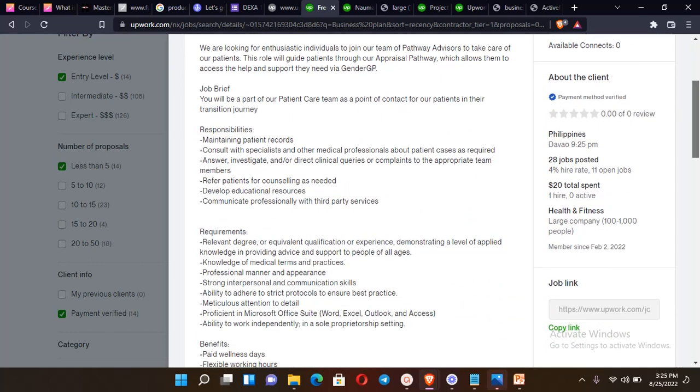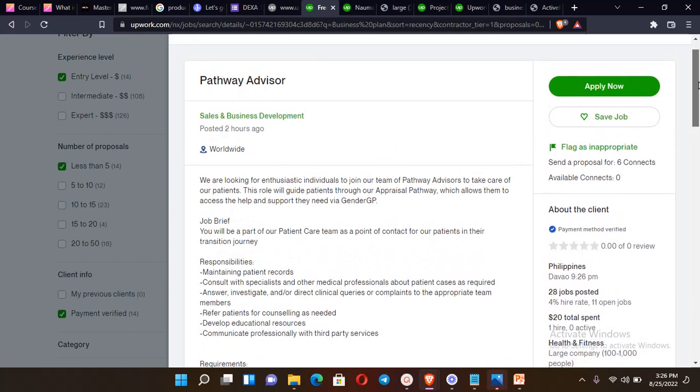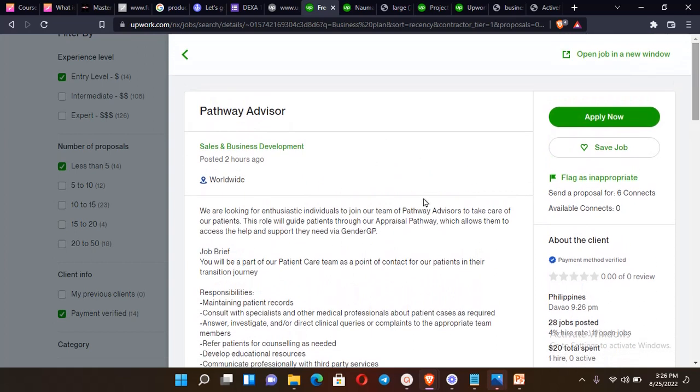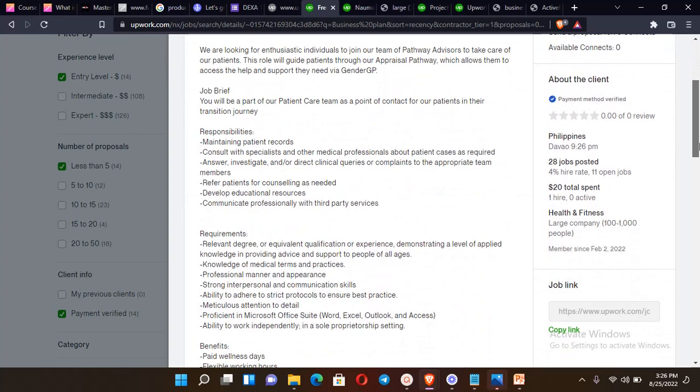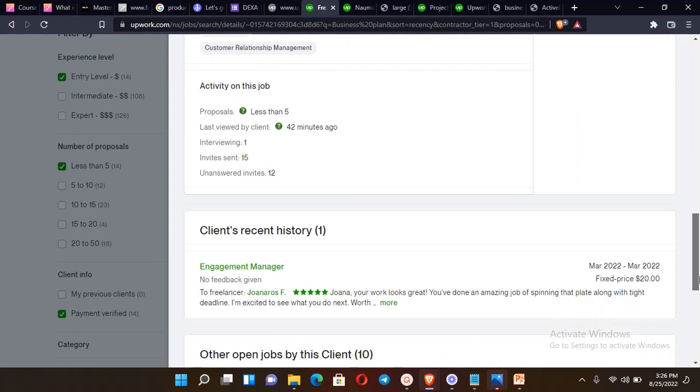So don't just copy and paste your proposals. Make sure you go through the job description so you can find what they are looking for, and any important information they've made available. We always advise that if you're submitting a proposal, you should include the client's name, but most of the time